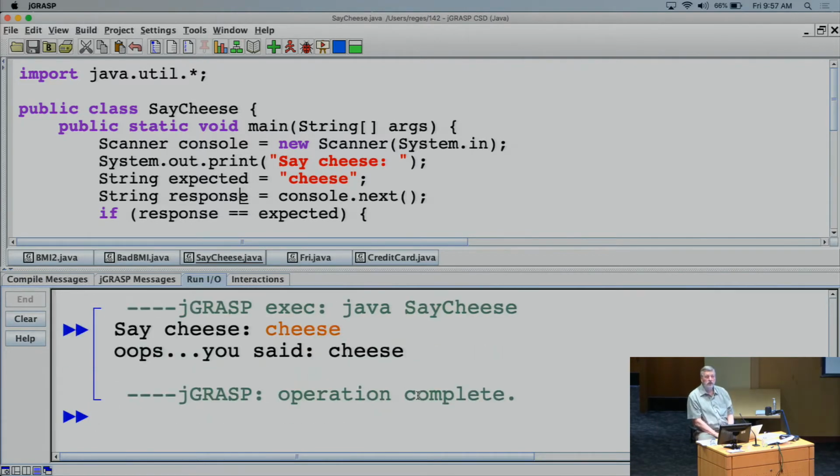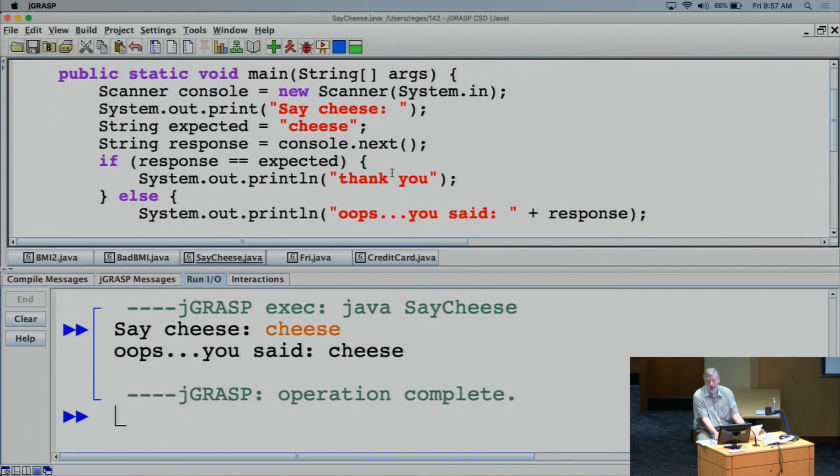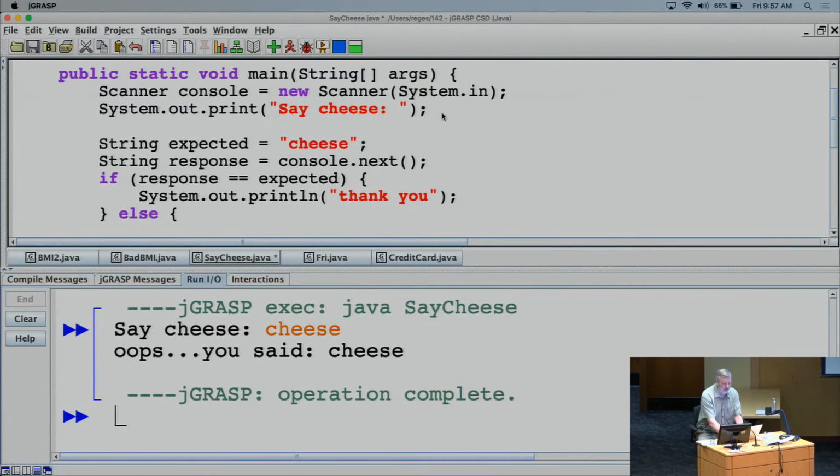Oops, you said cheese. It was supposed to say thank you, because I did what it asked. Apparently this is a program that can never be satisfied. No matter what I give it, it's not going to be happy. Well, I want to understand this, and it turns out that to kind of understand what's going on here, we